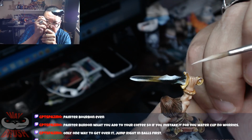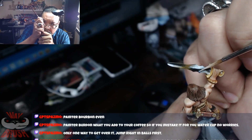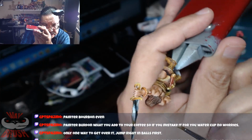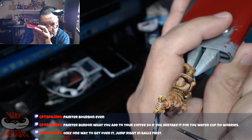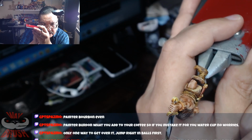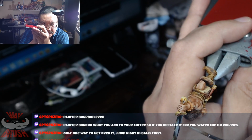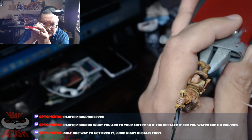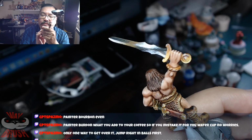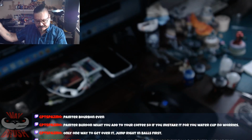So I'm gonna push the color. I'm gonna knock this all the way back here, like so. And I'm gonna push this just like this here. It's interesting. Creating this little kind of effect on the blade. See how that looks? It's kind of interesting. I don't know if I do it all the time, but...